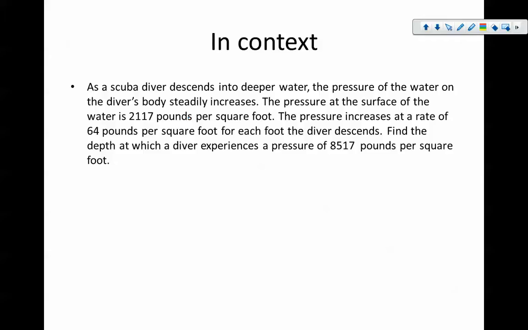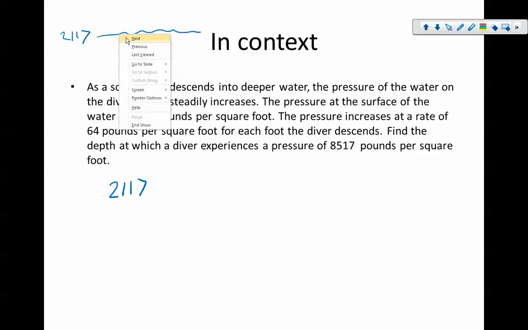All right, so we need to create an equation for this. We need to represent this somehow. So we need to kind of think about what's happening here. We are starting at 2,117 pounds. So when we're at the surface, we're at 2,117 pounds. As we go down,